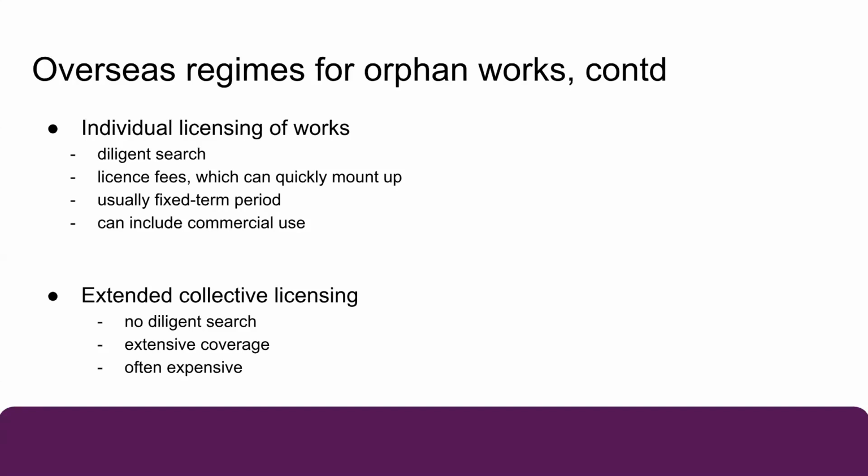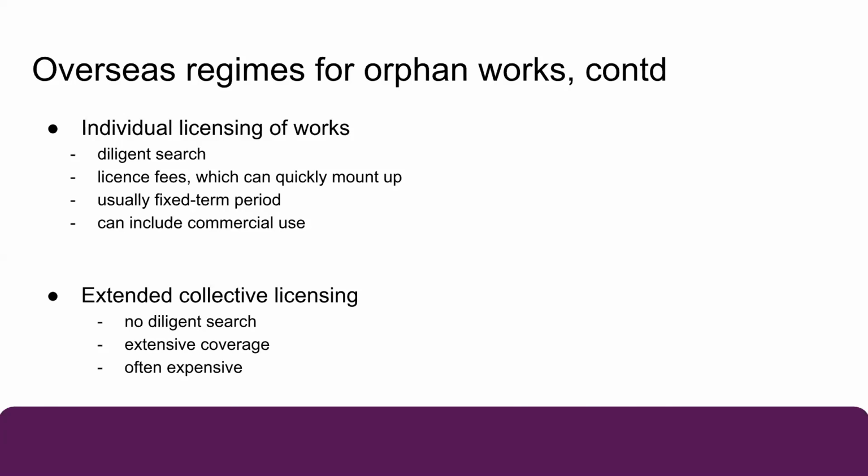The person or institutions wanting to license the work still have to have first carried out a diligent search and established that the owner of the copyright work cannot be identified, or if identified, can't be located. The details of that search need to be recorded in the UK Orphan Works Register. Unlike the orphan works exception, all categories of material can be licensed under this. The search that the organisation does has to be verified by the UK Intellectual Property Office. They don't define diligent search, but they do provide some guidance about it.